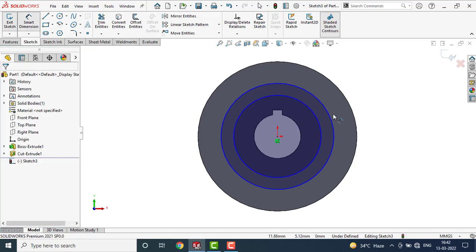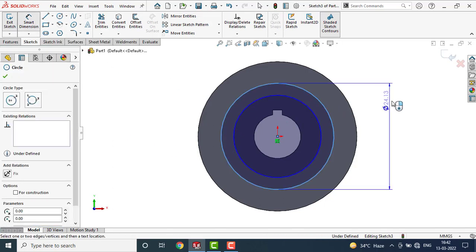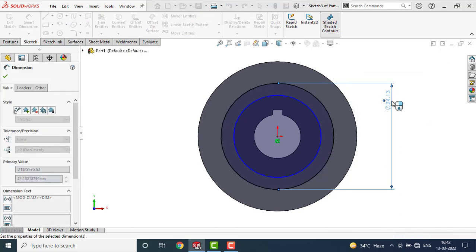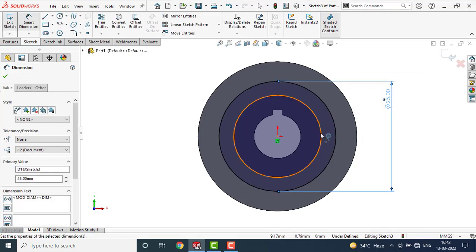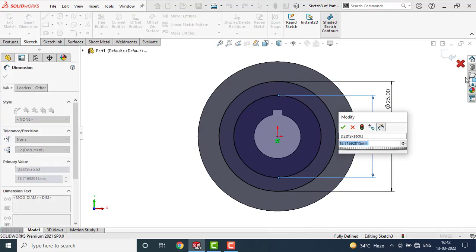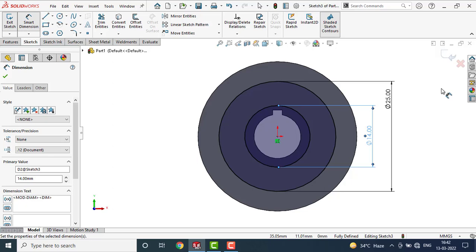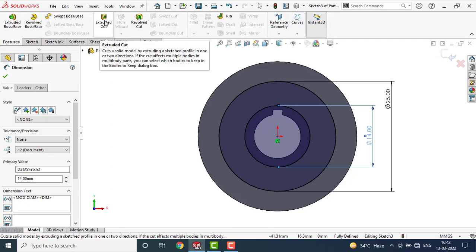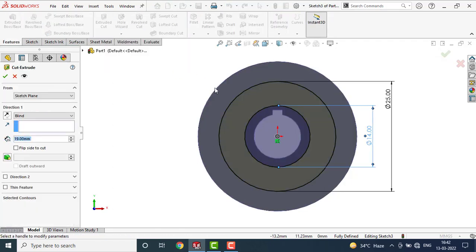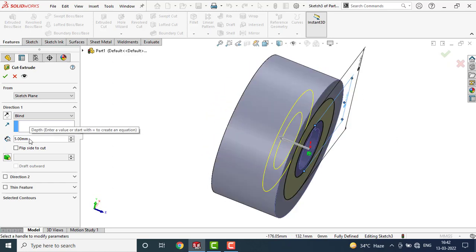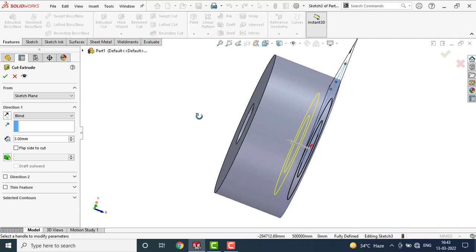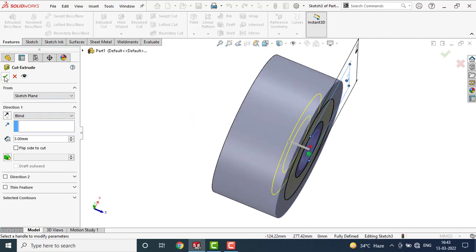Go to Smart Dimension, let the diameter of the bigger circle be 25 mm and the diameter of the smaller circle be 14 mm. Again go to Features, go to Extruded Cut, we can make it 3 mm. Click OK.